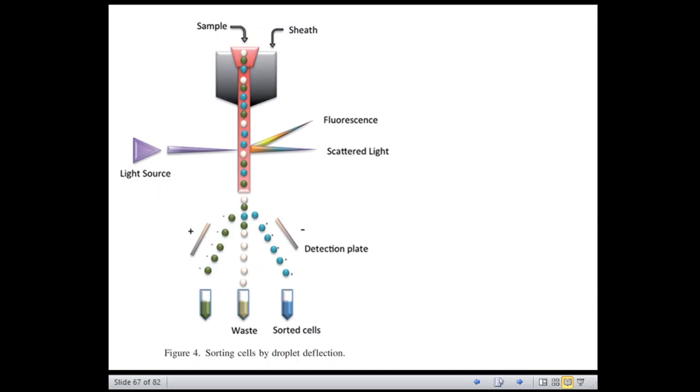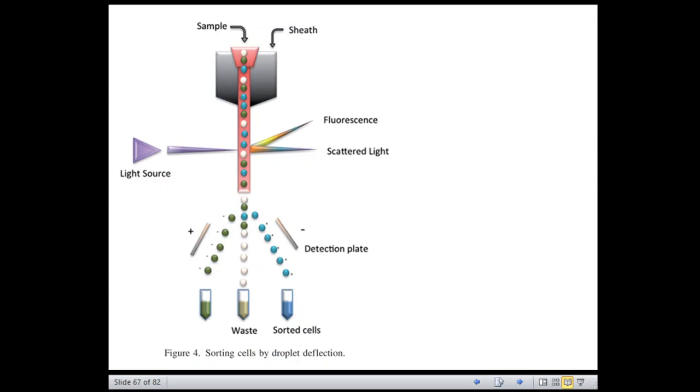You got it? So what happens in this method is the cells are injected through a nozzle so that a stream of regular droplets is formed by vibrating the nozzle. Then these droplets pass through one or more laser beams and they are charged by a charging electrode. So as they pass through the laser beams, they are charged simultaneously, and then the droplets can be deflected from the mainstream based on their given charges.